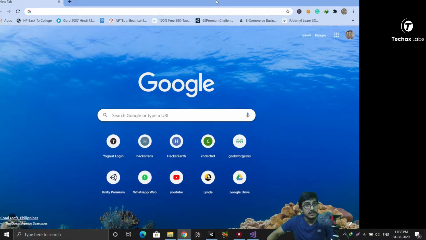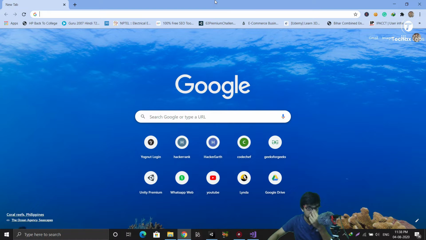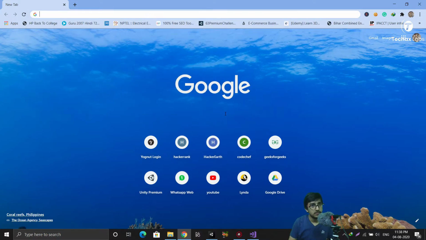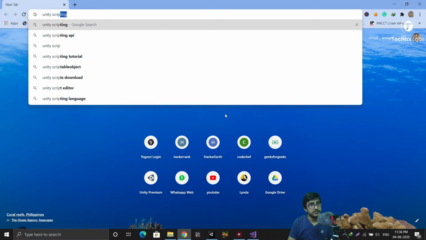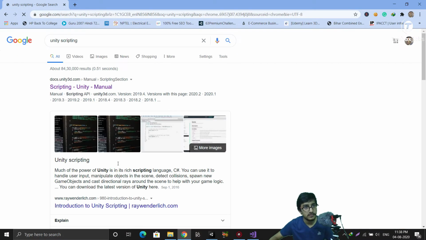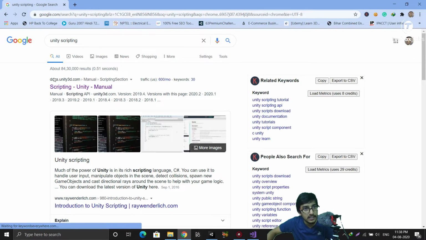So here Unity has also given its support for this. Let's see this. Search on Google for Unity scripting. Okay, and here you can see the first result that I have got, docs.unity3d.com, the scripting Unity manual.